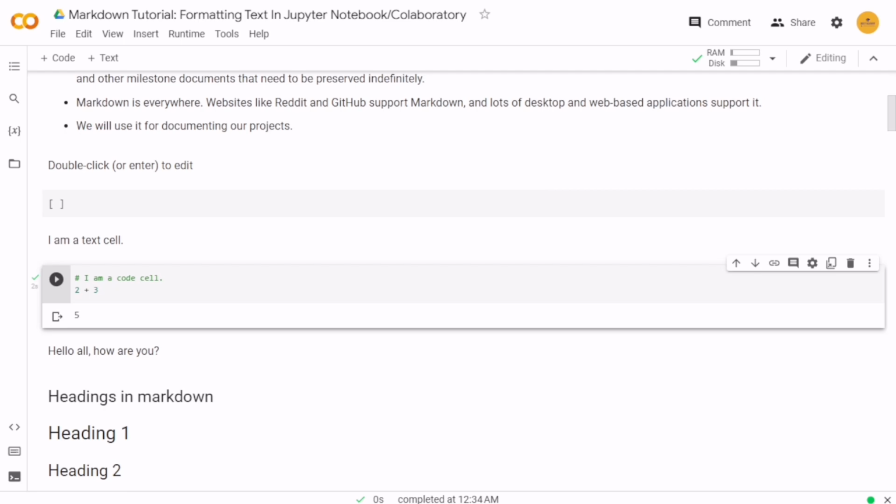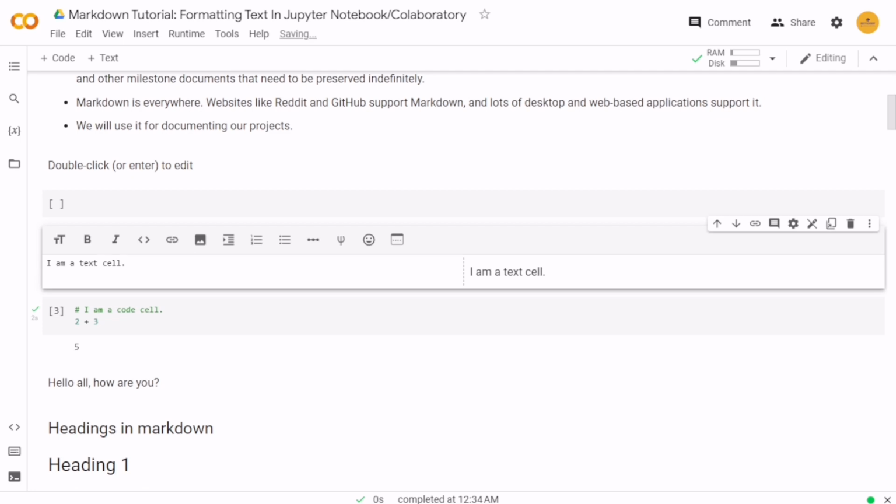Here I have written I'm a text cell. So if you double click on this particular cell, you'll see the option of how I have written this cell. Now here I have this formatting tool available in front of me, that is designed by Google Colab. You won't see the same formatting tools in the Jupyter Notebook. Why? Because Jupyter Notebook basically works on its traditional approach, Markdown, and Google has added some new features for